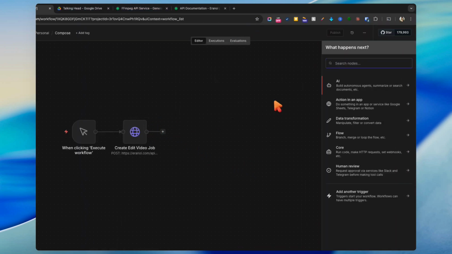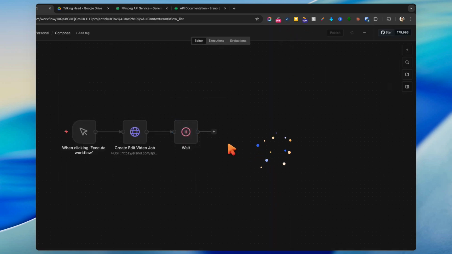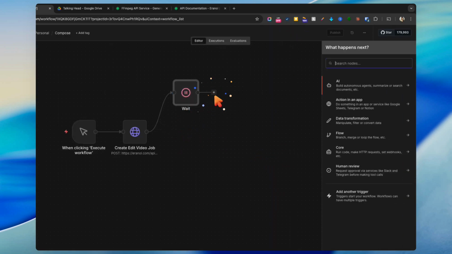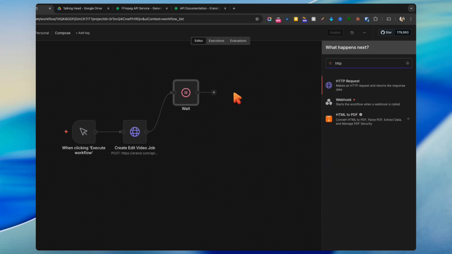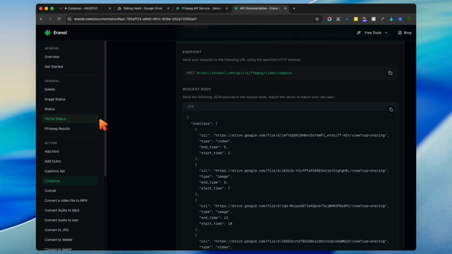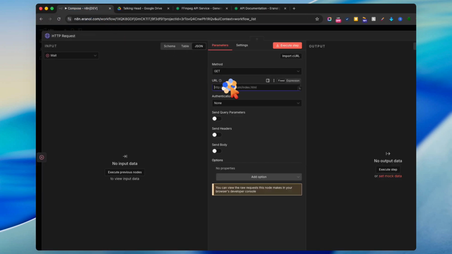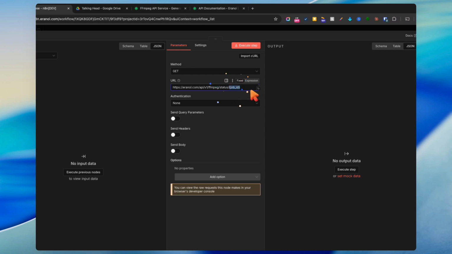Once that happens, we will just create a wait node here. Let's say 5 seconds, that's fine. And then we will check the status of the job. So for that, we will go back to the documentation again, click on status, copy this URL, go back, put it here, and then here